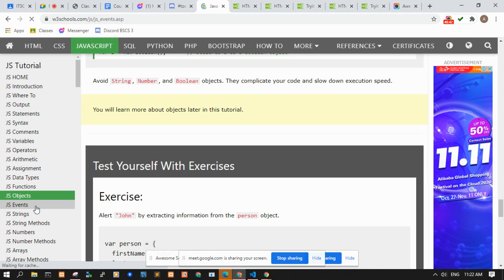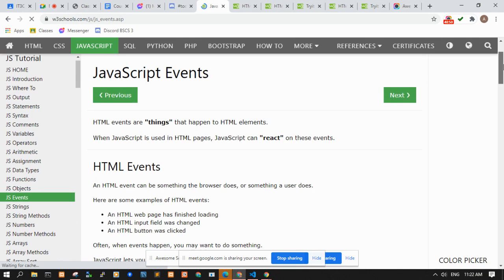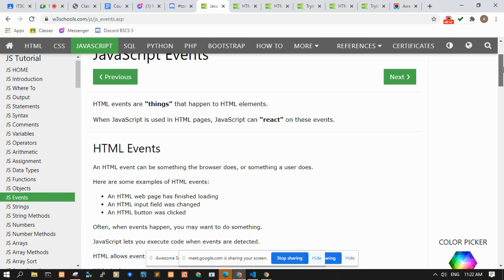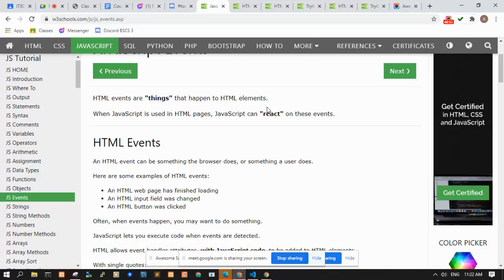And then I think this will be the last for now, events. So JavaScript events, HTML events are things that happen to HTML elements. When JavaScript is used in an HTML page, JavaScript can react to these events. So an HTML event can be something the browser does or something a user does.